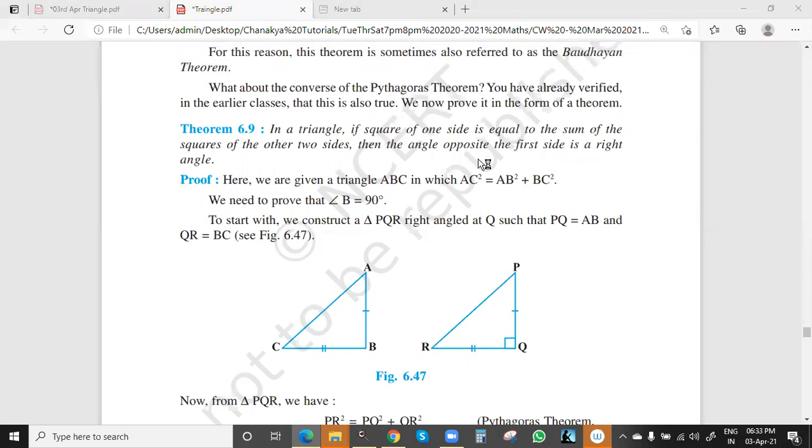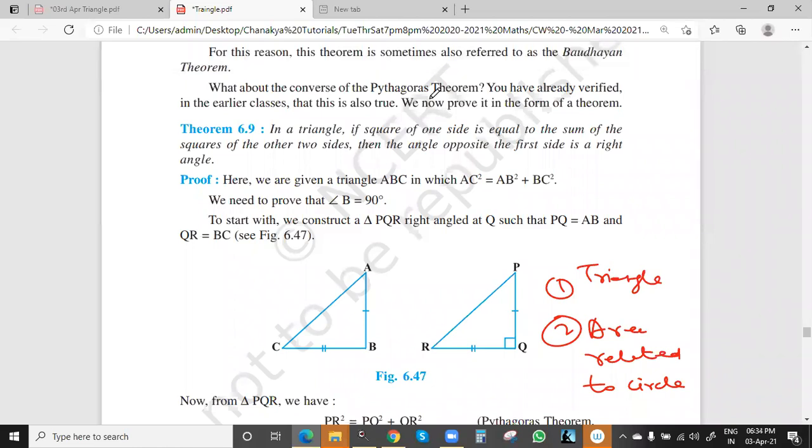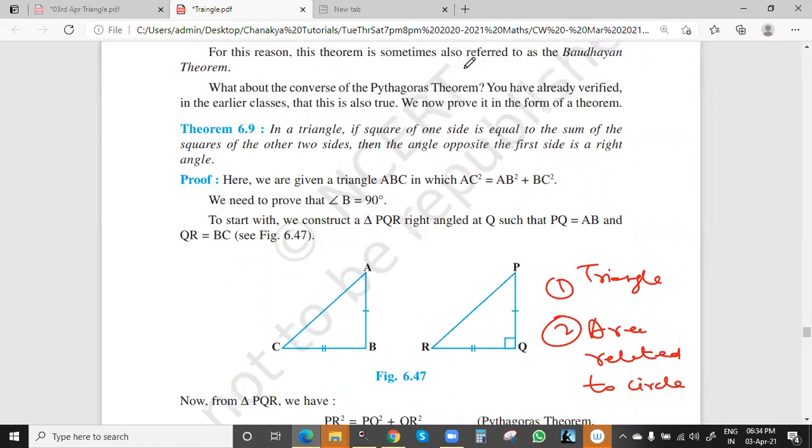So the portion for tomorrow's test: I have told you the triangle chapter, and then the area related to circles. Before that, we had the exam of the circle chapter. Now we have area related to circles and this ongoing triangle chapter. For the triangle chapter, we have one more session, and then we start linear equations in two variables. Area related to circles and the triangle chapter we can prepare.